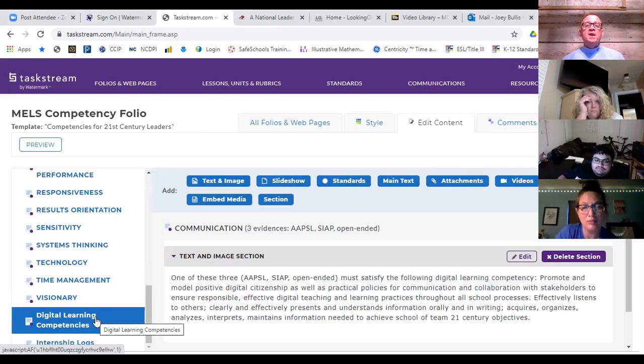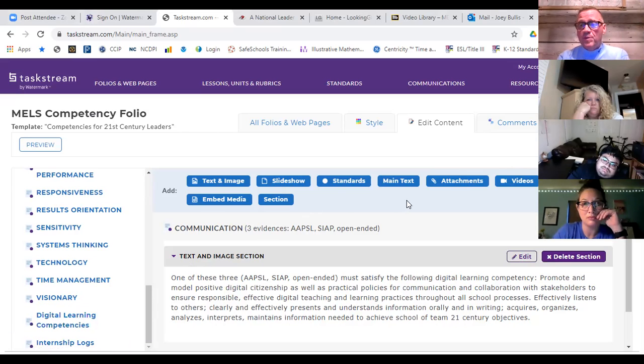Now, some candidates will take the work that they've done in this competency folio to whoever in their district approves DLC credit, and where it says publish and share, they will share their competency folio with that individual. A lot of times it's somebody in the human resources department. They will share that and they will satisfy their DLC credit.